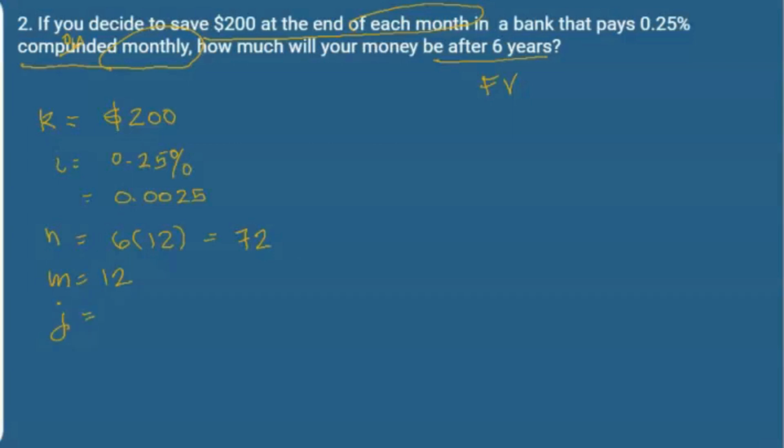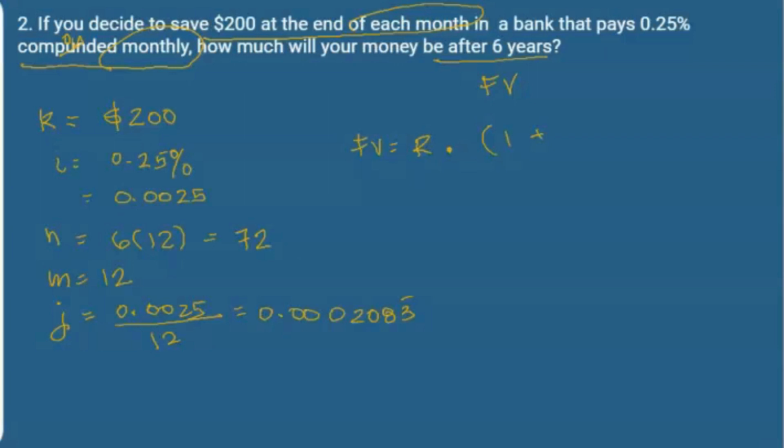So for j, 0.0025 divided by 12 is 0.000208333, or just that. Okay, so future value is equal to R times